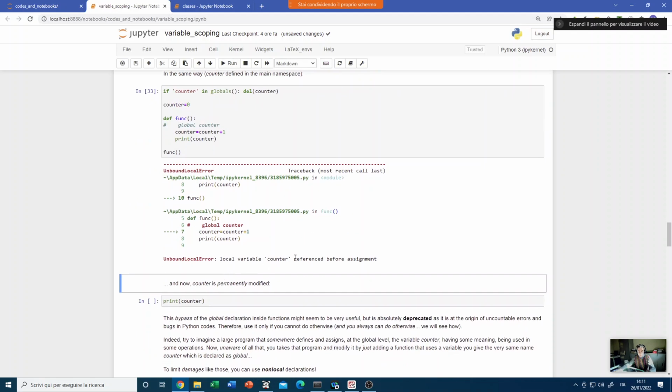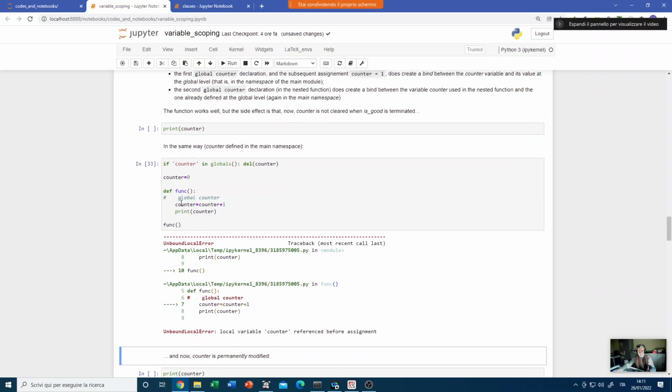Local variable counter referenced before assignment. So it's happening exactly what we saw this morning. In this case, there is a shadowing of this variable. For the interpreter, the counter written here in this function is no longer the counter defined in the namespace of the module. And so it's not able to make this sum because counter on the right-hand side is no longer defined. But if I say that this counter is a global variable,